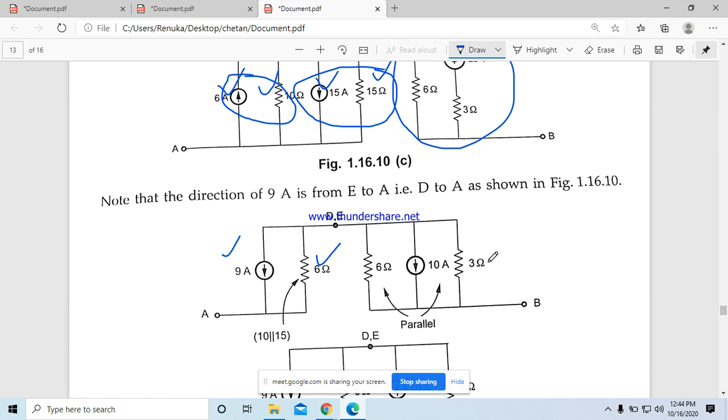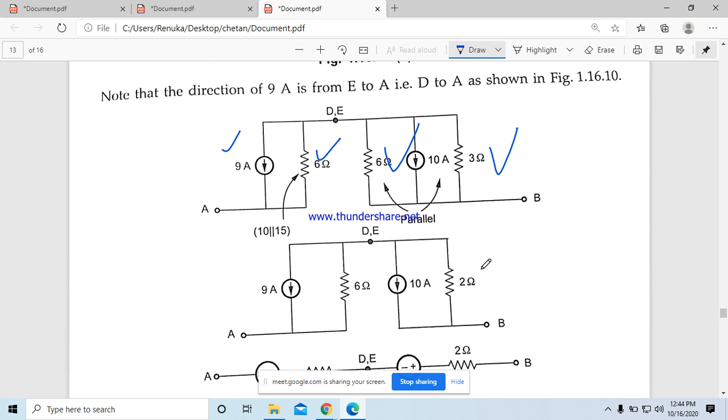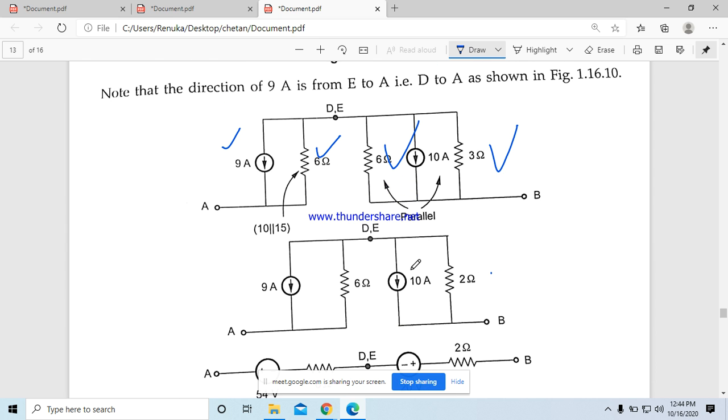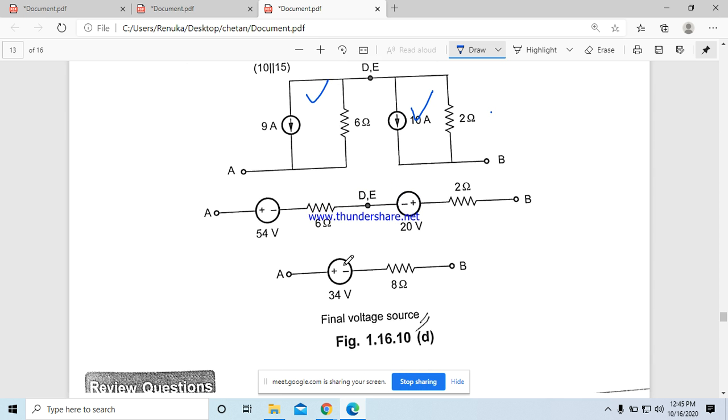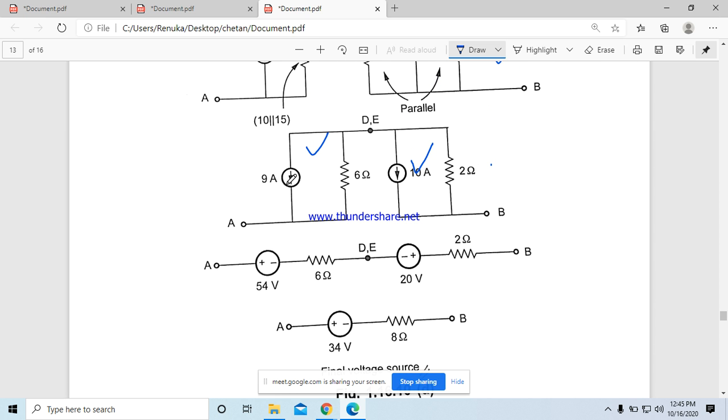So 3 ohm they have drawn like this. 4 ohm will be there. Next, these two are in parallel. Simplify this one, that is in parallel with the 10 amps, and this is also like this. Fine. Next, now whatever this one is there, now convert this setup. This current source parallel with this resistor. Draw this voltage source that is in series with 6 ohm, and also here a current source that is parallel with 2 ohm resistor.